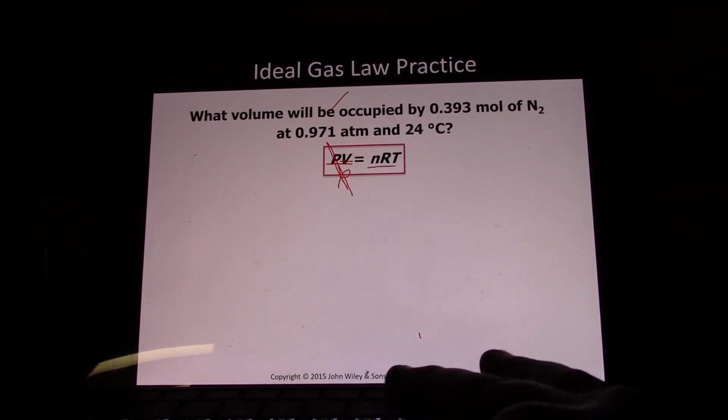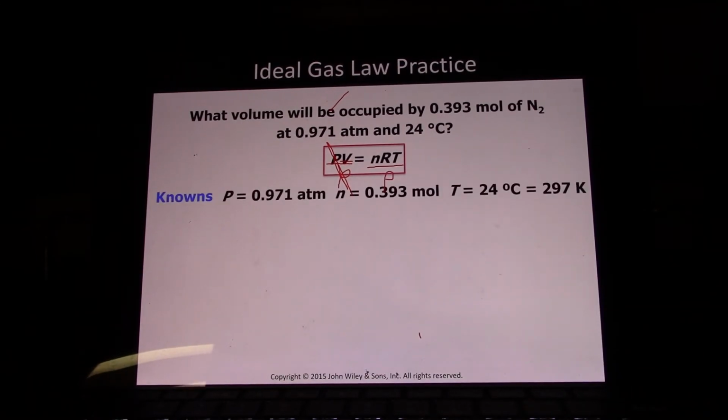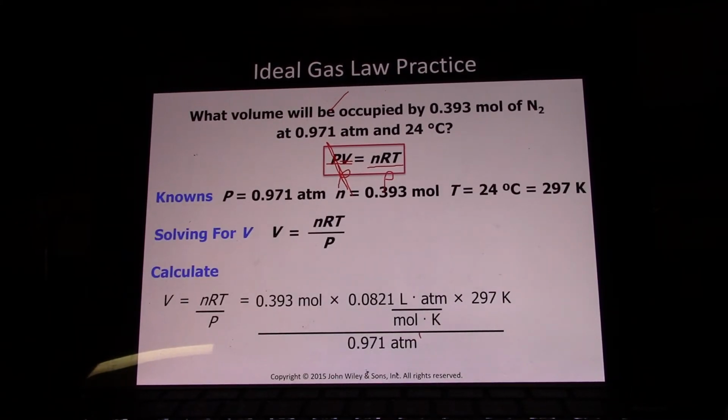So volume is nRT divided by P. And we plug in 0.393 moles for n, 0.0821 liter atmospheres per mole Kelvin, because that's what R always is. 24 Celsius plus 273 gives us 297 Kelvin divided by 0.971 atmospheres for an answer of